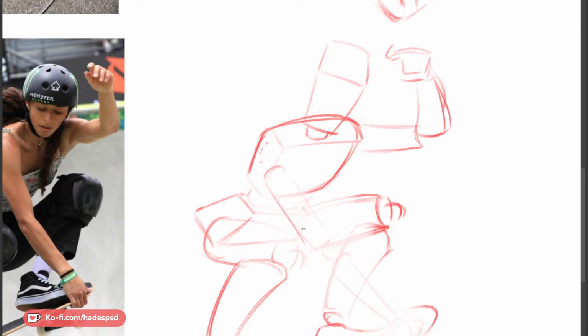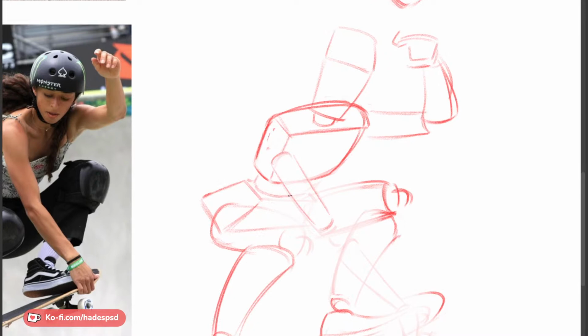Unless your name is Kim Jung-gi. In which case, feel free. But I think even he said that he has to use reference. Or at least he has to spend time looking at something. If it's something new, he can't just go in. He has to look at it for a bit. And then once he's observed what he's looking at, then he doesn't need to go back and look at it again. It's pretty wild.